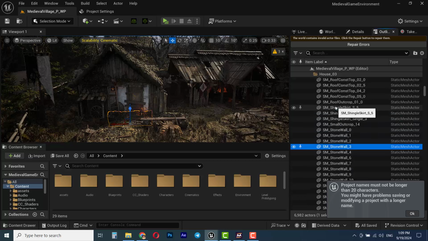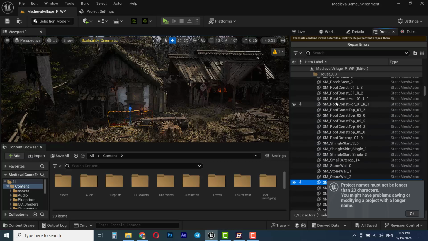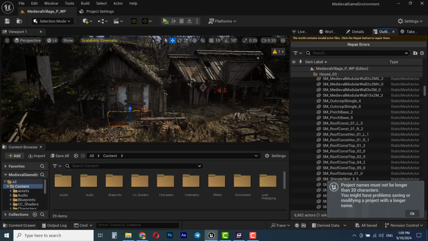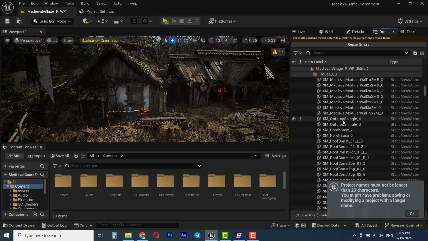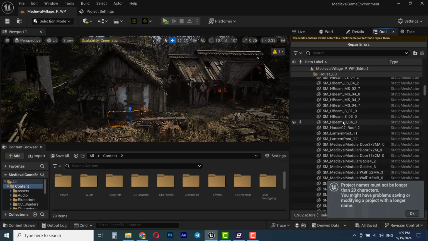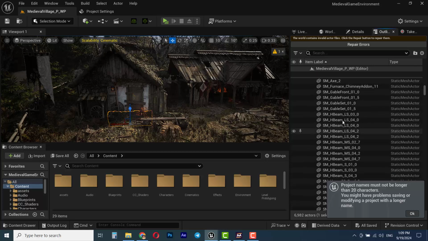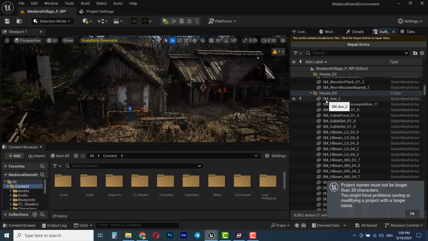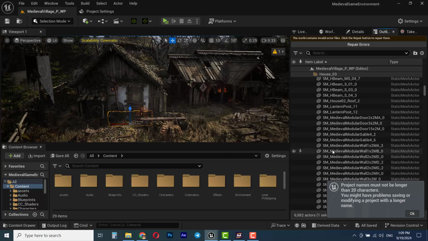So it's impossible to migrate all these assets and reassemble them in a new project, and that's why we need to combine all the assets together into a static mesh, and then migrate to another project and assign the materials